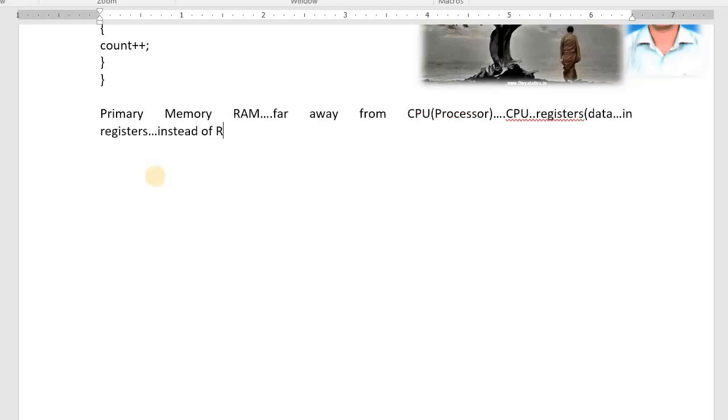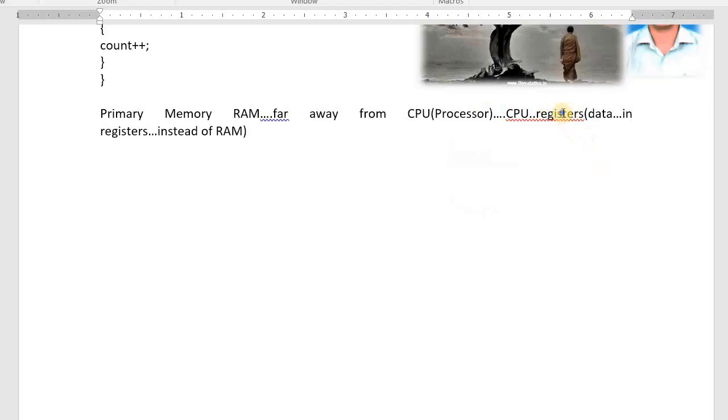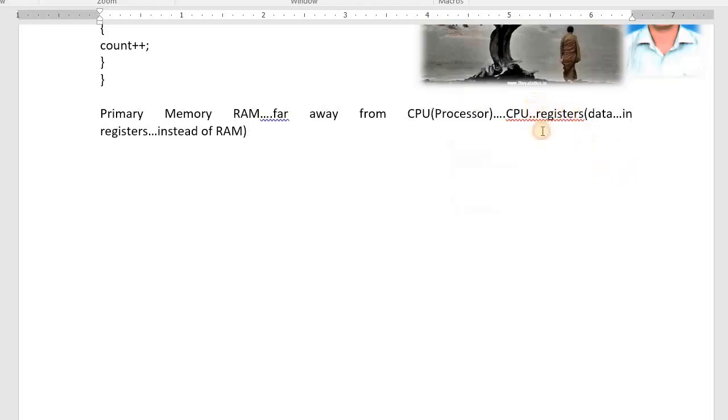If you store the data in the CPU's register instead of RAM, the CPU can access the data at very high speed. That's why the data required by the processor can be stored in the CPU's register. Then how shall I store the data in the processor's registers instead of the computer's primary memory RAM?